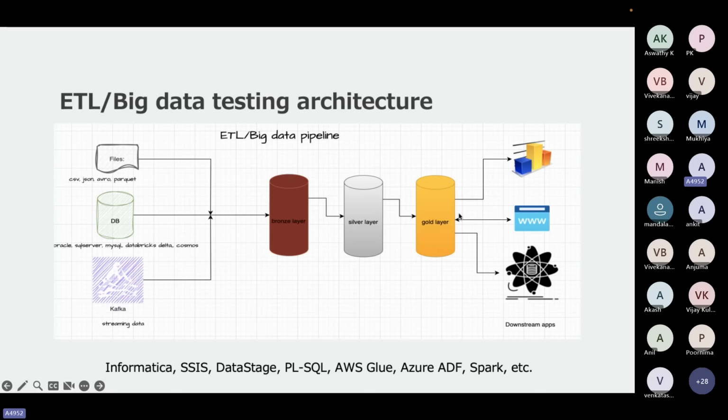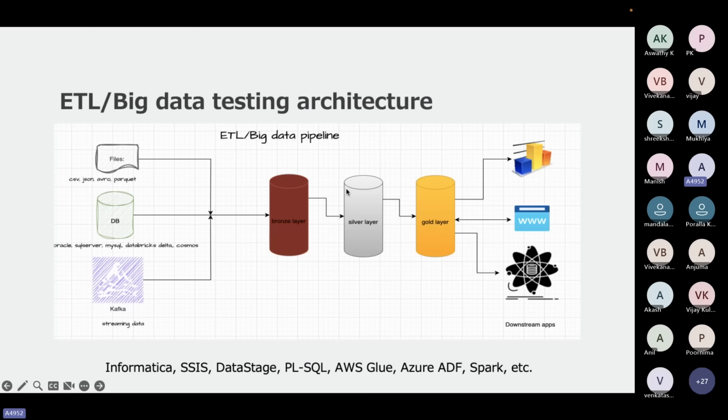From the transformation layer, data will be pushed to reporting. It can be SAP BO reporting, or Power BI reporting, or Tableau reporting, right? This is one of the downstream applications. Likewise, this data is also connected to the web application in your project, or it can also be connected to machine learning algorithms. These are the use cases of an ETL project. At the end, they want to utilize this data to connect to the reporting tool, the front end application, or machine learning algorithms to further process the data and analyze what kind of customer, how to acquire the customer, all of that.